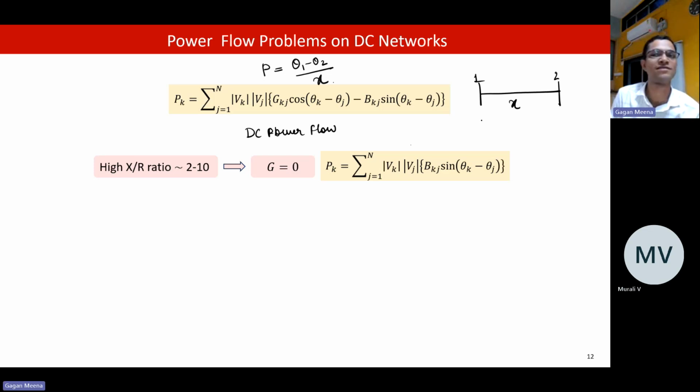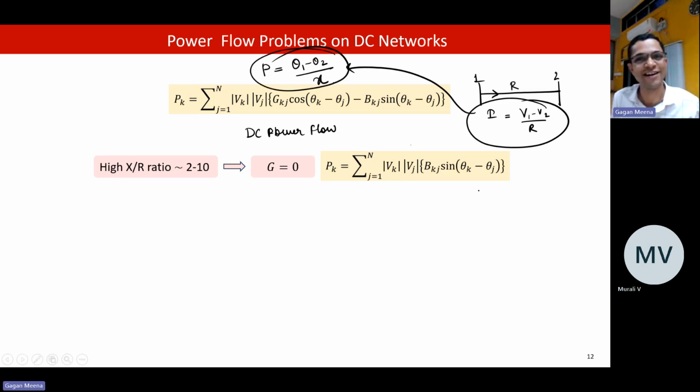So this is x. If we take a DC circuit, and the resistance is R, and I want to find out the current. So what will be the current here? Simply (V1 minus V2) by R. Right? And this resembles this